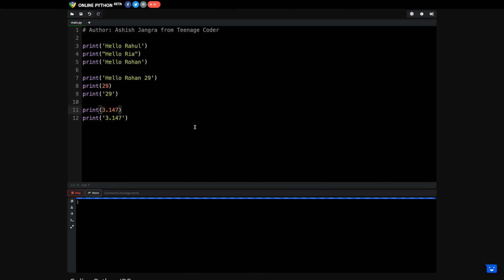Because whenever you are working with numbers or decimal numbers, you can write them in both of the manners. Clear? But if you are working only on text, then you must follow the pattern of just writing it inside a single quote or a double quote. This is something that you need to follow. Clear?